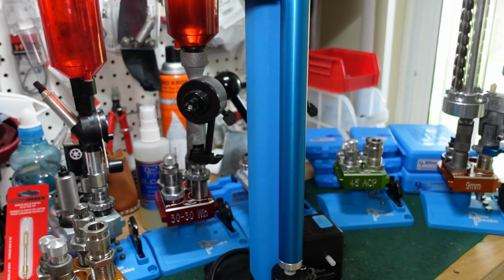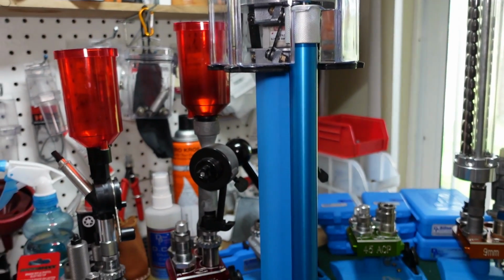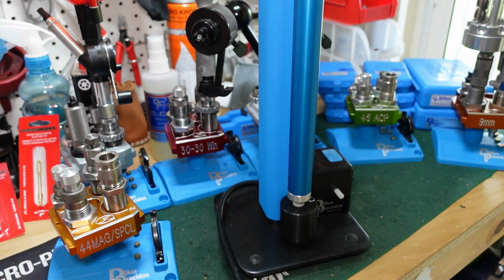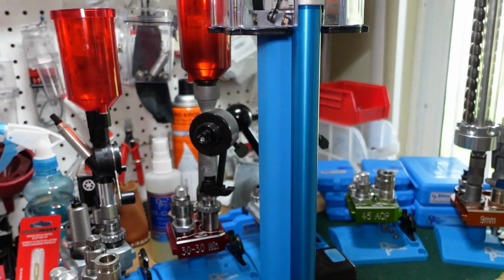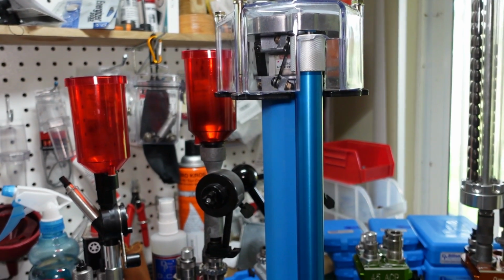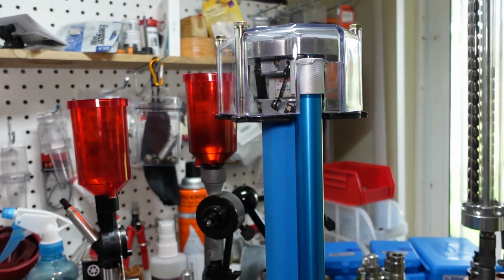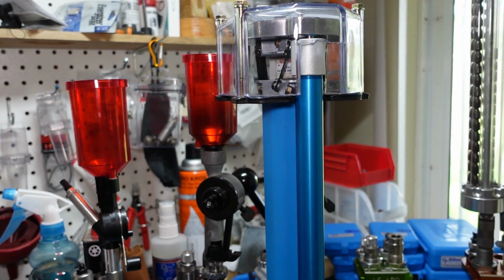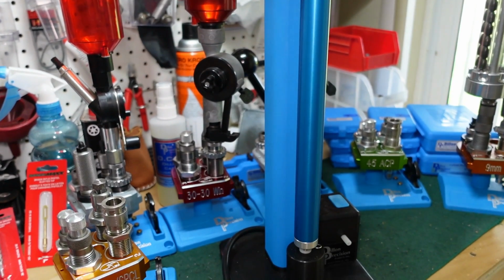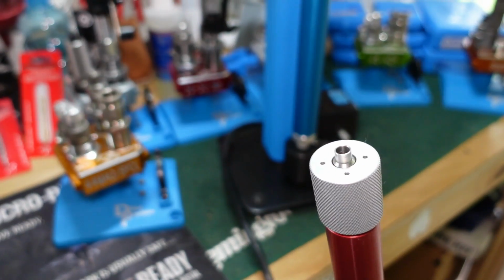Okay, so next we have the Dillon RF100 primer filler. And I apologize, earlier in the video I couldn't think of the name for the life of me. But yeah, this is what I use to fill up primers, and let me tell you, it is awesome, especially when you're doing a lot of cases as you reload, and you fill out that primer tube, you're reloading, you can set more primers here, and they're loading on the tube. So when you're done reloading that first 100 set, you just pick up the tube here and you're good to go. And laying down here, I also have the large primer tube,